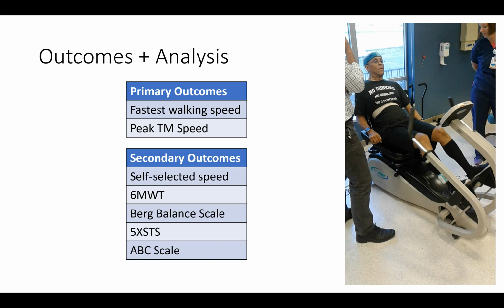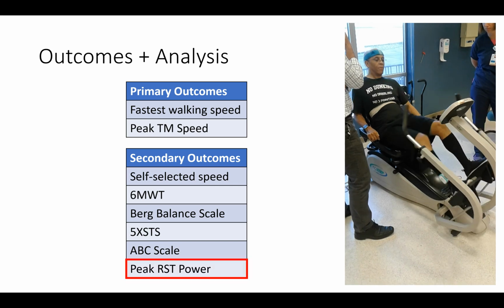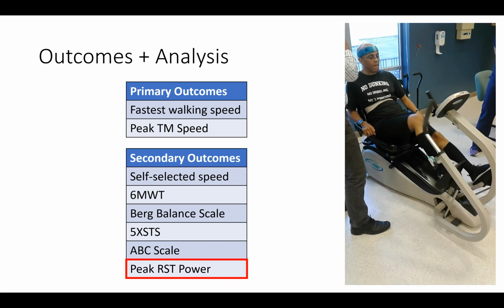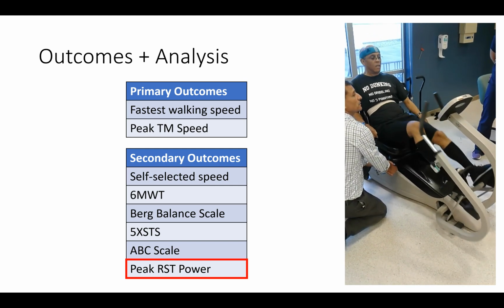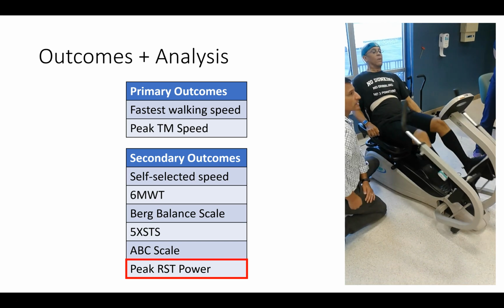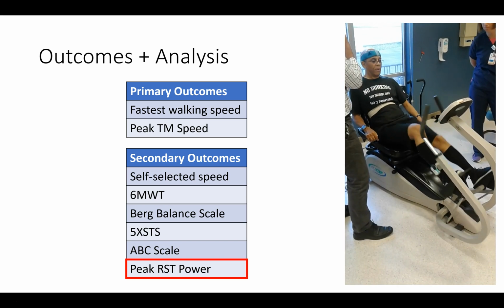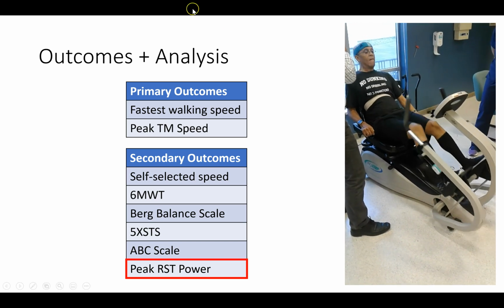Secondary outcomes included the overground self-selected walking speed, the 6-minute walk test, covering as much ground as you can, the Berg balance scale, 5 times sit to stand, ABC, and then the recumbent stepping test, which is what you see here. So what you're doing is similar to the peak treadmill speed, where we're trying to